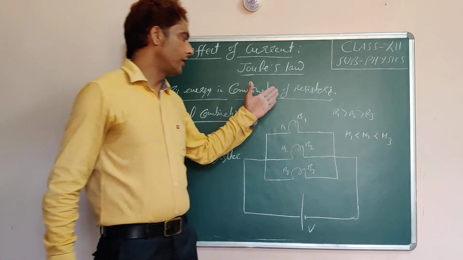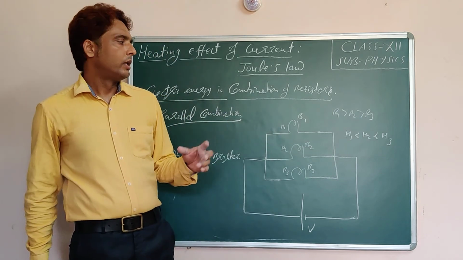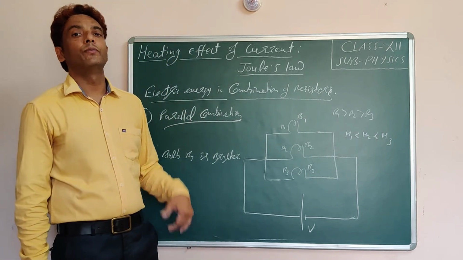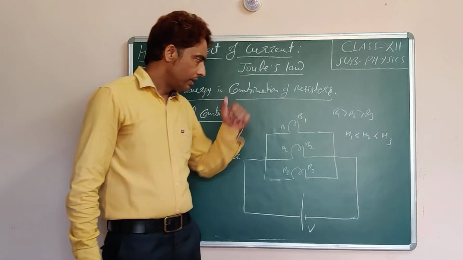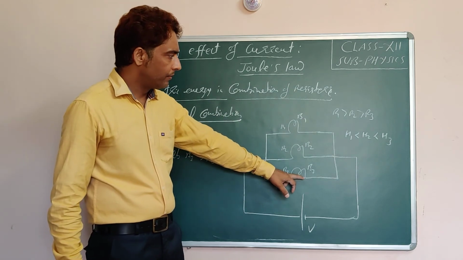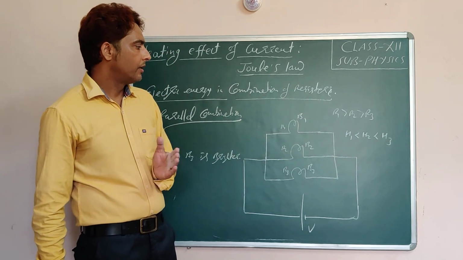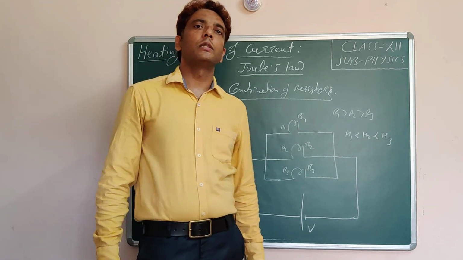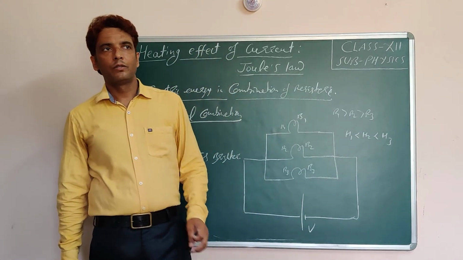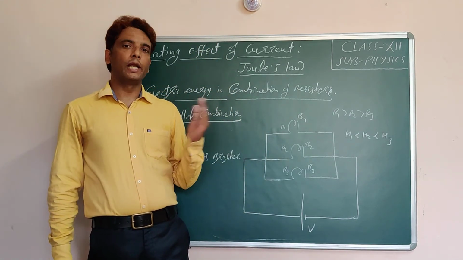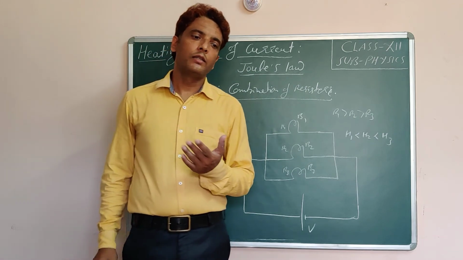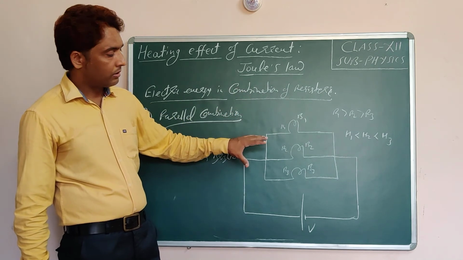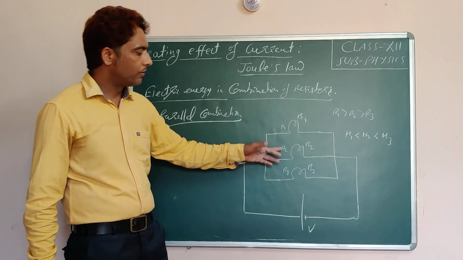Also, if these 3 bulbs are connected in parallel in some room, and if I remove one bulb, how will the brightness in the room be affected? You can see here, if I remove this bulb, then brightness will decrease because they are connected in parallel, and you might have seen the different appliances connected in our homes are in parallel. So if in some room there are 2 tube lights, if you switch off one tube light, then brightness will decrease. So brightness will decrease in case of parallel combination if we remove one bulb.